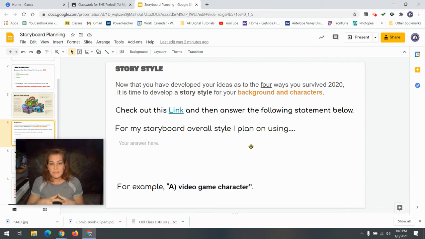Try to keep in mind that you're just going to pick one style and go with that. Some of you may ask me, well, can I mix and match? And you could. I'm not going to say no, but just keep in mind that if you narrow things down and you stay focused, then of course you're not going to get confused or lost, and it's not going to get too big. We want to keep this simple.